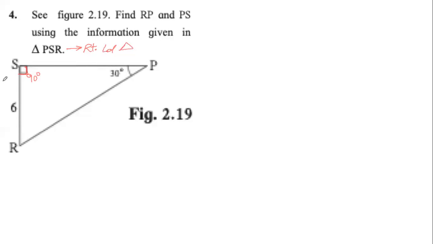Second thing that we notice is one of the angles, which is angle P, is 30 degree. We do know that the sum of the three angles of a triangle is 180 degree. Out of 180 degree, one is 30, another one is 90. So using simple arithmetic, if we subtract 30 and 90 from 180, we will get 60. So this angle R here is of 60 degrees. This is what we have to understand on our own.